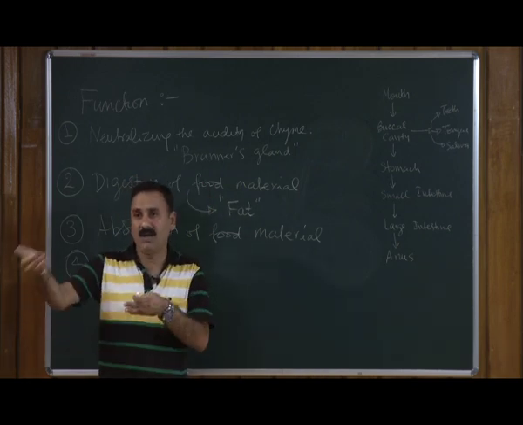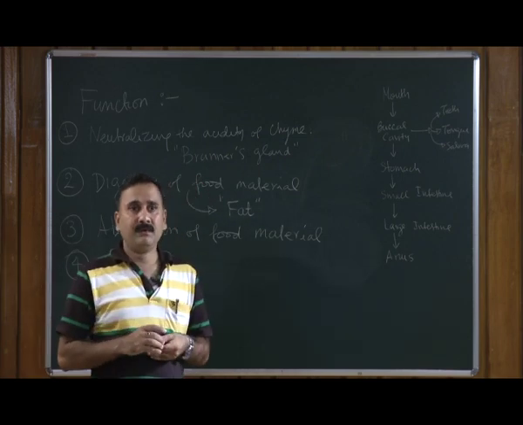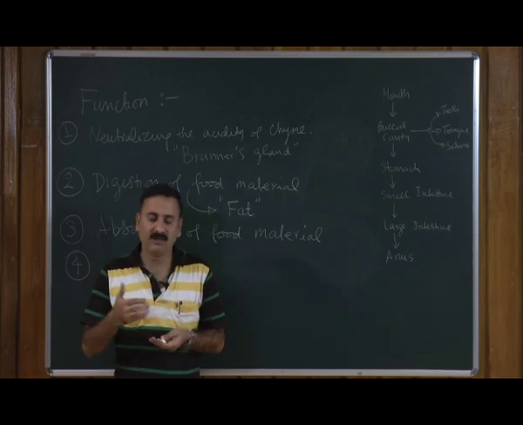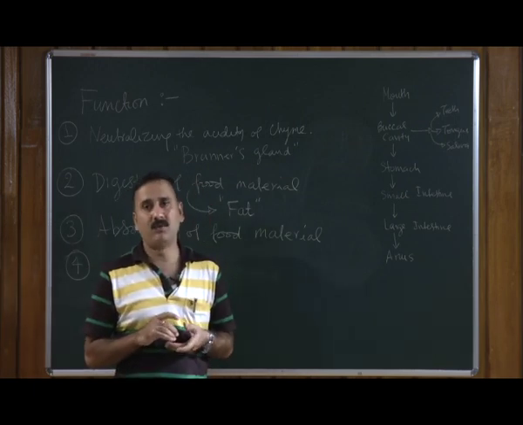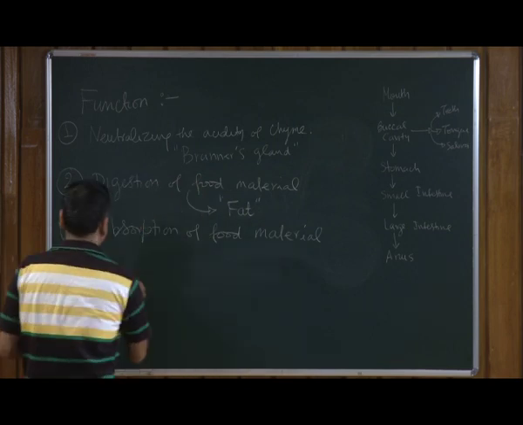So as soon as they enter the small intestine, they are not going to work. That is just one example of how coordination of different parts of the alimentary canal is important for maintaining control. So, it secretes